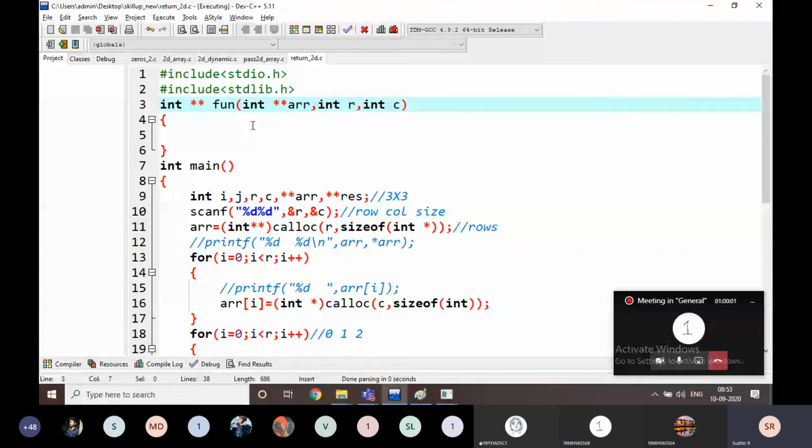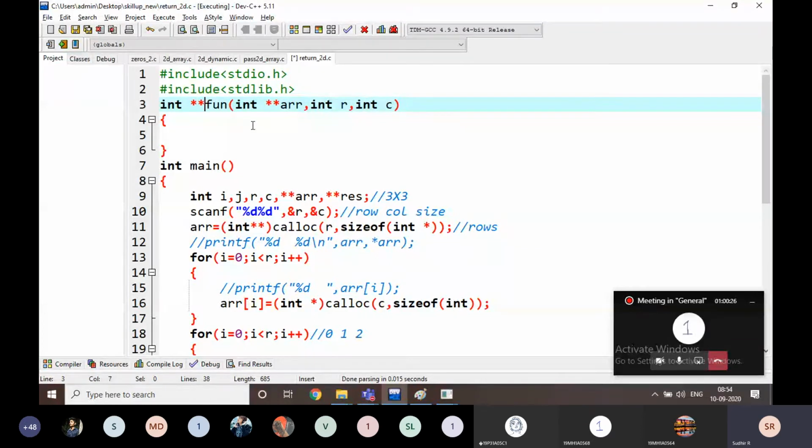Some students think that we have to write a space here like this. We can write like this or like this. Anything is okay. We can write star near the integer or the function name, or both are closed, no problem here.